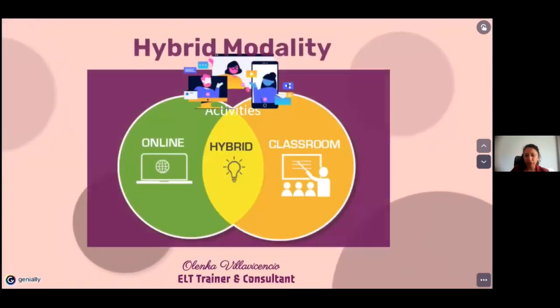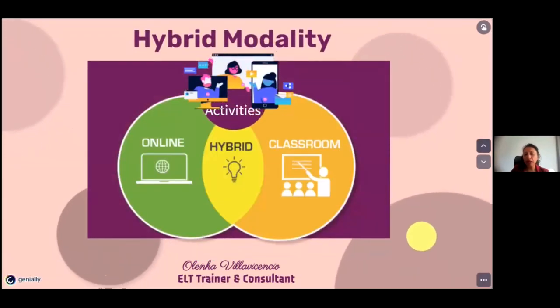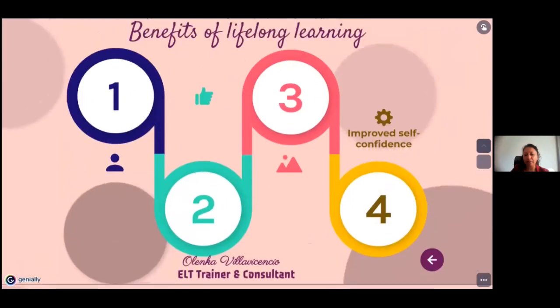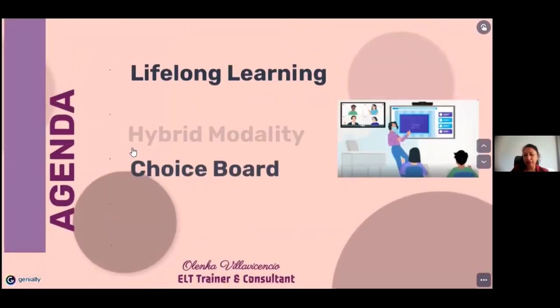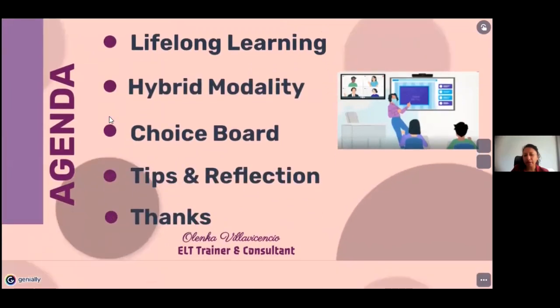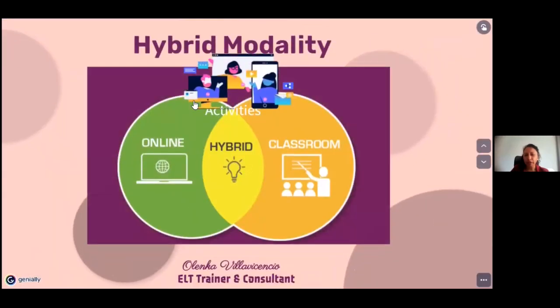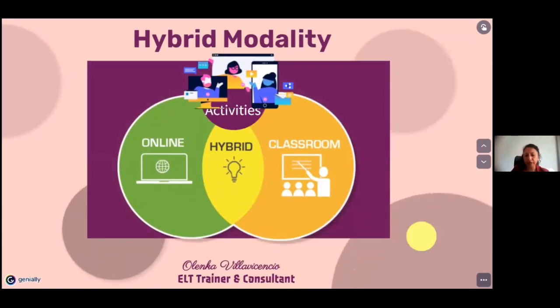Ready? So, the second part, I would like to tell you about the hybrid modality, okay? So, if we are going to put here in this agenda, the second one is about the hybrid modality. What is for you hybrid modality? Have you got any experience in Ecuador related to hybrid modality?